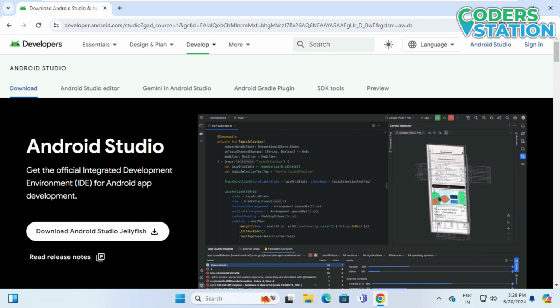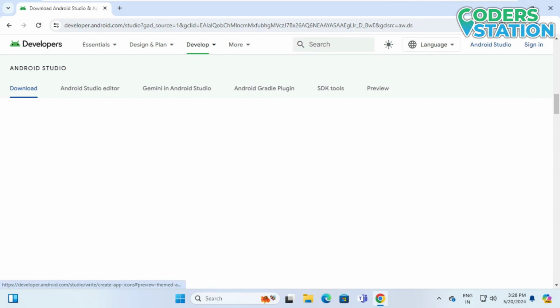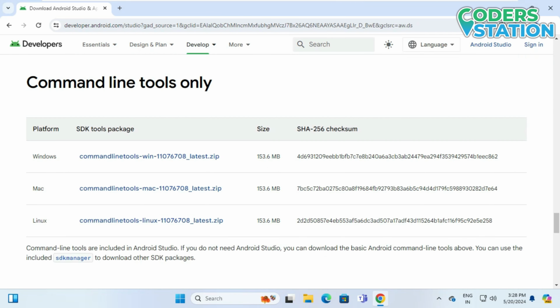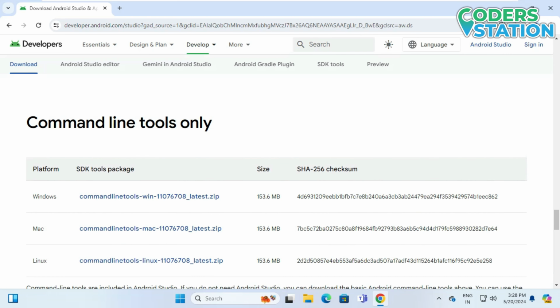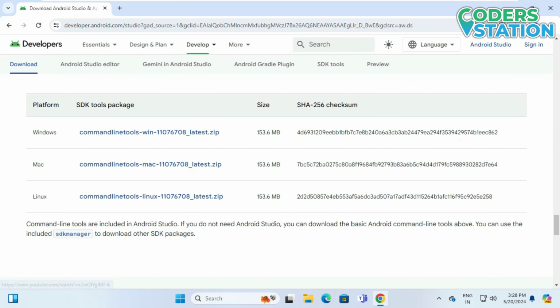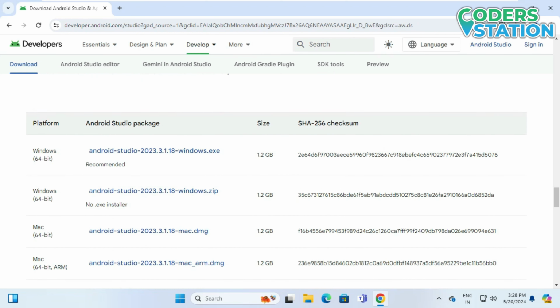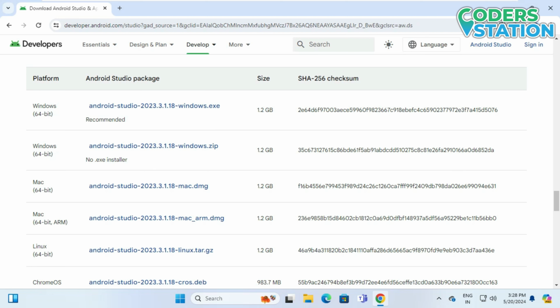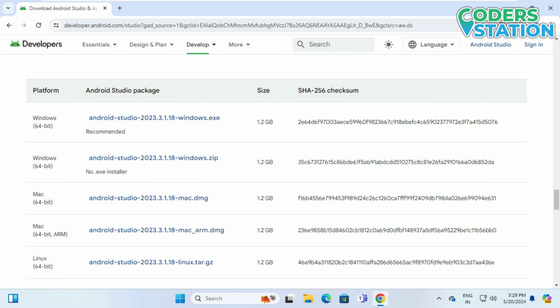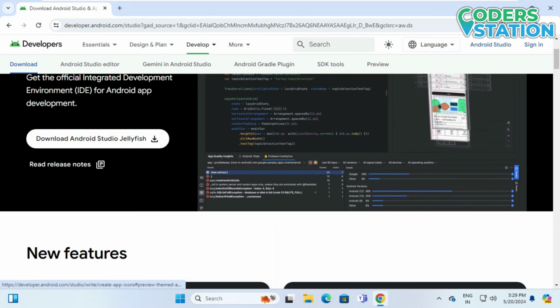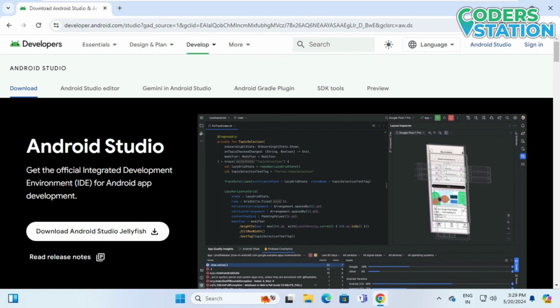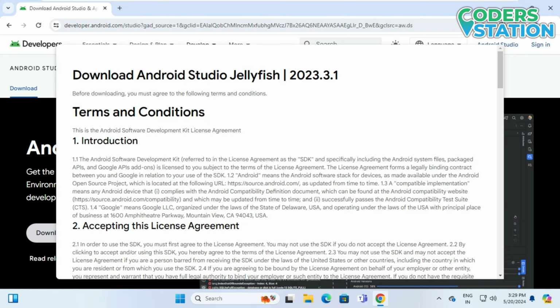But if it is not possible, then we have to download for a specific operating system, which is over here. According to the platform, we will click on it and download. It will be useful when we are downloading it on one PC and have to install it on some other PC. Okay, so very quickly we will go to the top of the site and click on this download